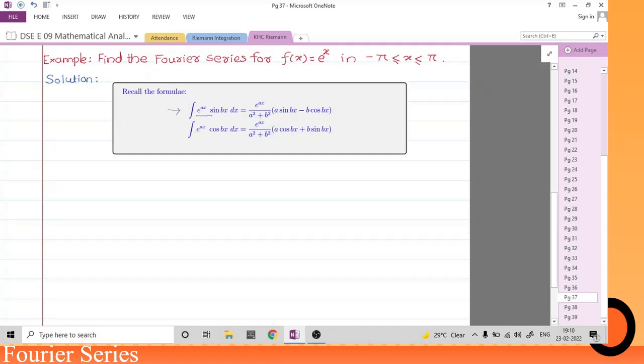Integration of e raised to ax multiplied by sine bx, this indefinite integral can be evaluated by using this formula: e raised to ax, where a means coefficient of x in e raised to ax, divided by a square plus b square. Now b is the coefficient of x in sine bx, into inside bracket multiplied by